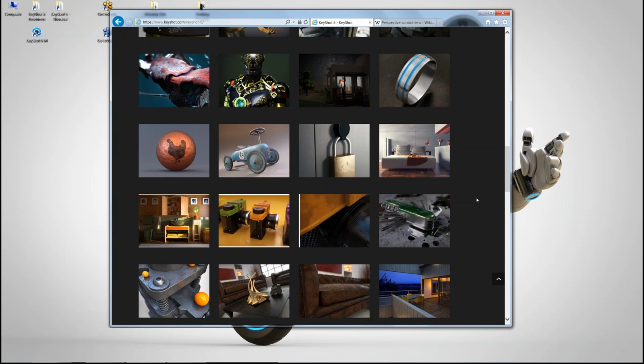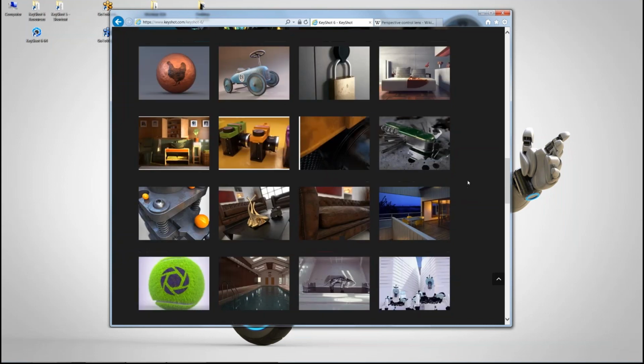One of the questions that I know is going to pop up almost immediately is, when is KeyShot 6 coming out? I'll just go ahead and tell you that we're looking at a late summer release for KeyShot 6. We don't have a definite release date, but we are looking at later this summer. I don't know if there's a collective sigh or shaking fist going out right now, but that's the answer I've got for you.